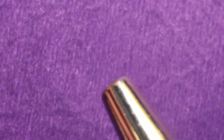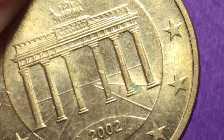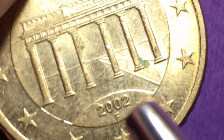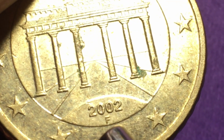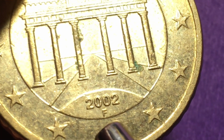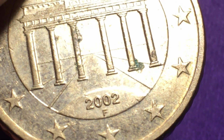Then the next one we have here is an F. And F, of course, is for Stuttgart. I say of course because I look it up and I remember, but you probably will have to look it up. Nothing about the F makes an English speaker think of Stuttgart, but F is for the Stuttgart Mint, which has been around since 1374, I think. And then this one here is